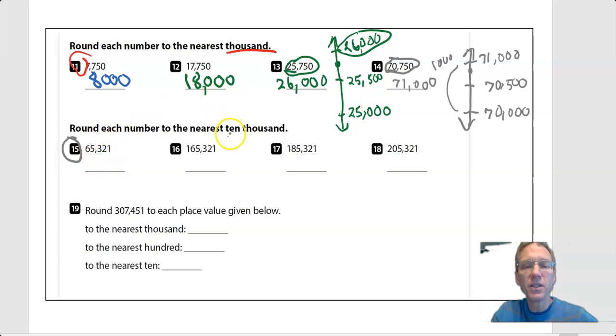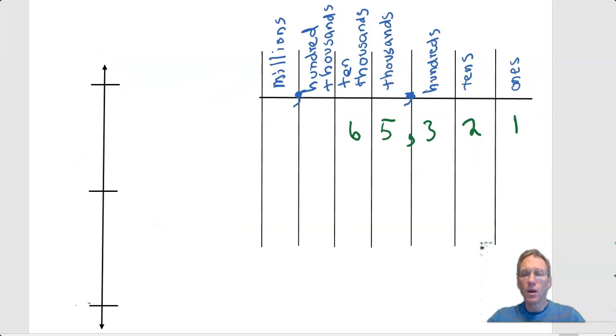65,321. This is the nearest 10,000. Okay, so let me move down there. I'll pause this and I'll move down. Okay, so we've got our next one is